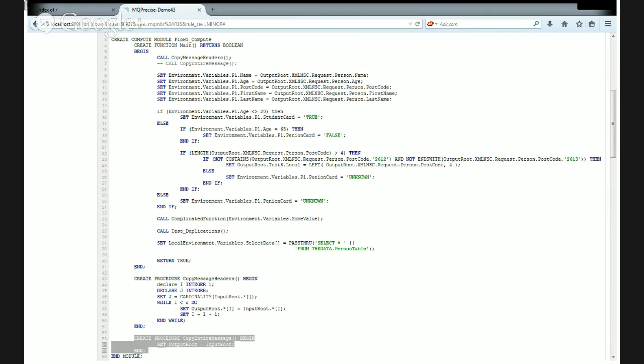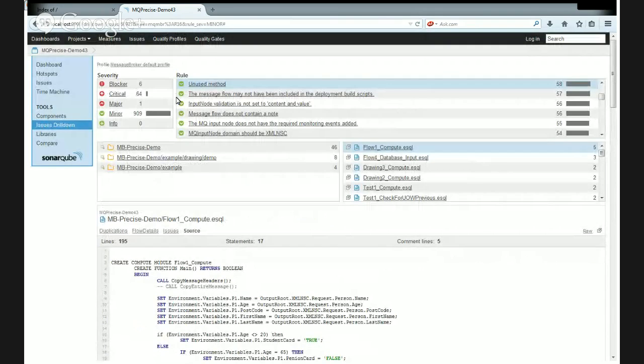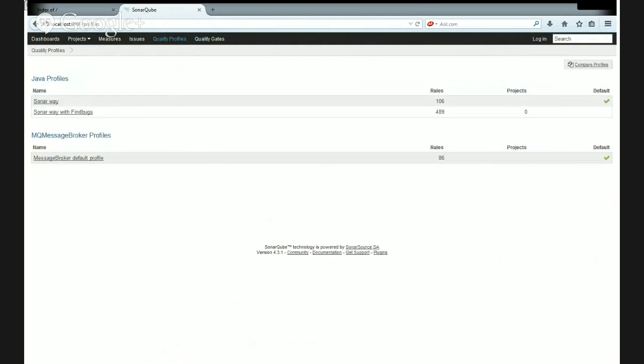Let me just quickly go back to my screen for a second. In Sonar, there's this thing called quality profiles, and this is where you